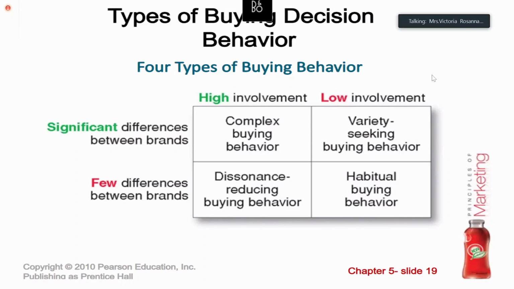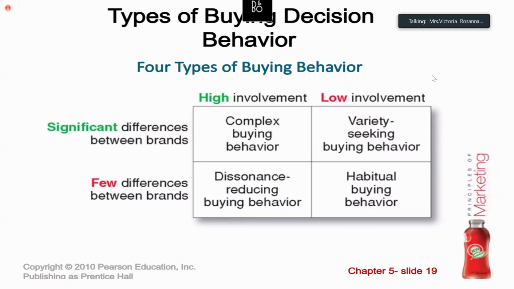So those are the 2 variables which have been taken in order to understand the 4 types of buying behavior, right? Taking 2 important factors: involvement as one, and the other being the differences they find between the brands. In the differences, if it is significant, there are again 2 extreme points: one significant, the other not significant, or few. In the involvement, we have high involvement and lower involvement. Those are the 2 extreme points. And based on those 2, on the involvement and on the differences over the brands, you get about 4